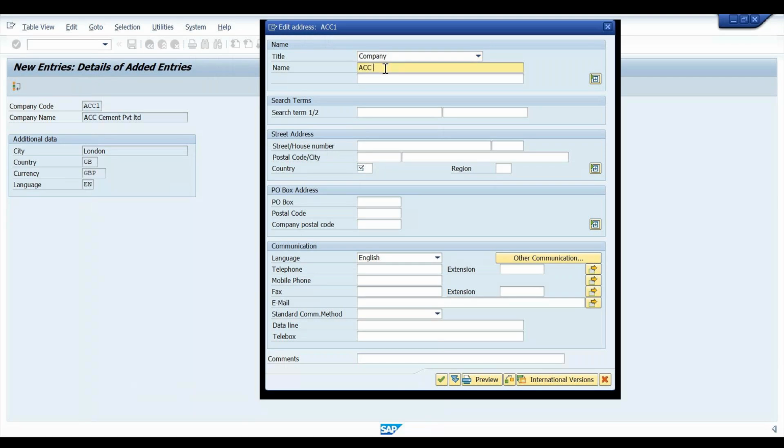Now again we need to fill up all the details. ACC Cement Private Limited. Copy paste again over here, and the search term would be ACC1, ACC Cement. Street would be any random name. House number would be 899. Postal code would be